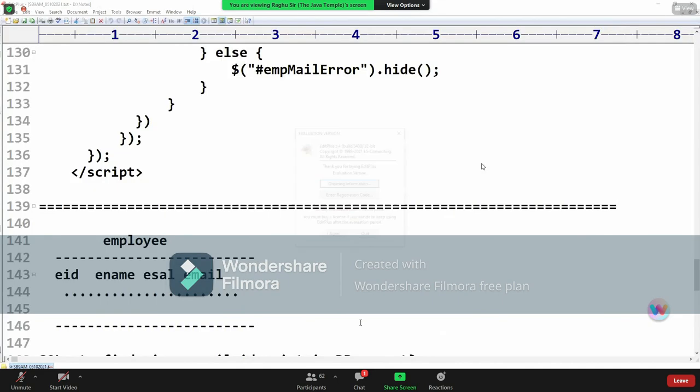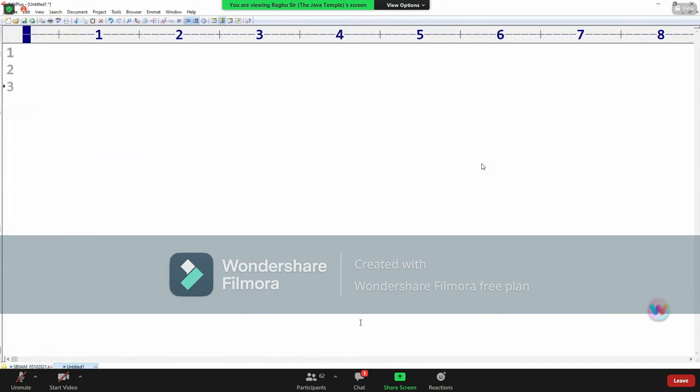If you want to read a complete form as an object, an HTML form or any form you have, and you want to read this form completely as a single object, then we go for the concept of model attribute. When you click on form submit, Spring Container creates one object for your class, your given model class or entity class. If you want to read that object from Spring Container in your controller, use model attribute.